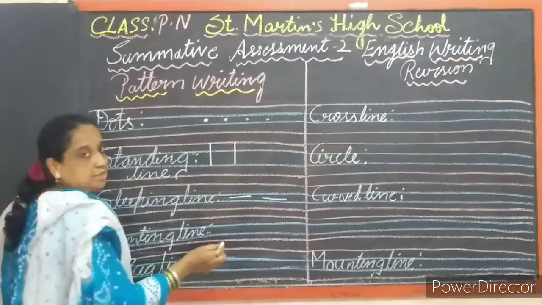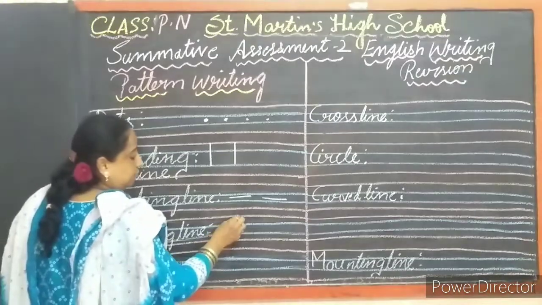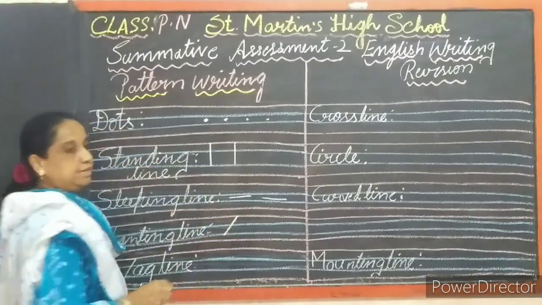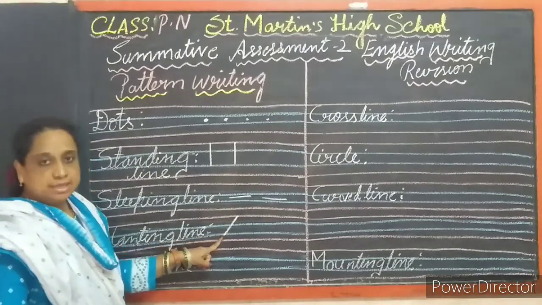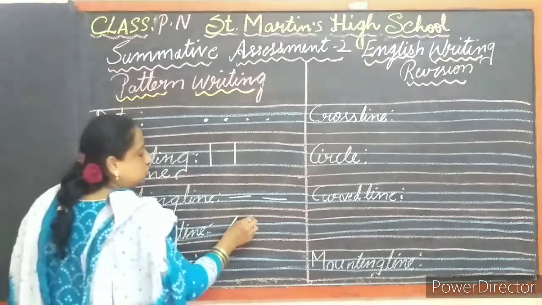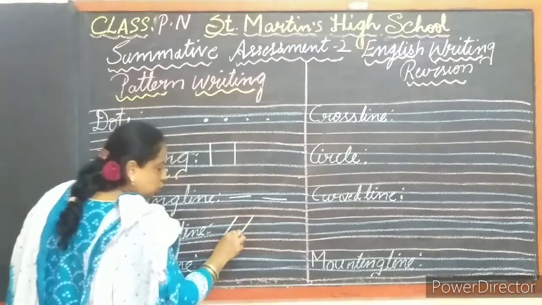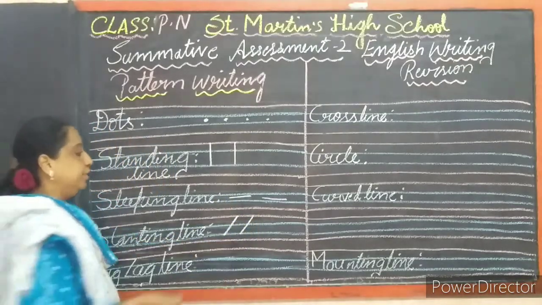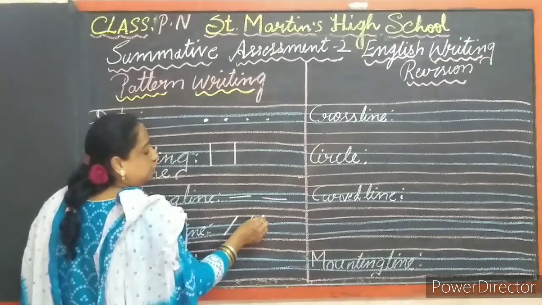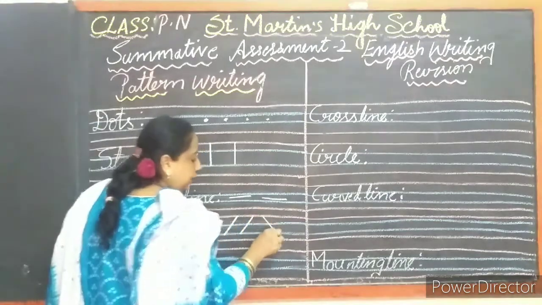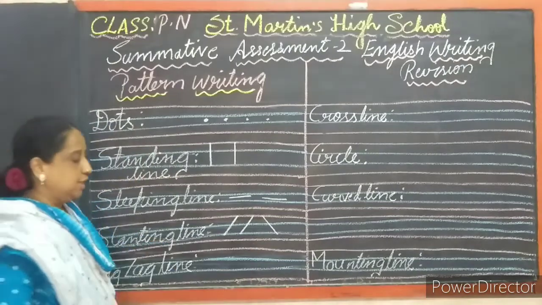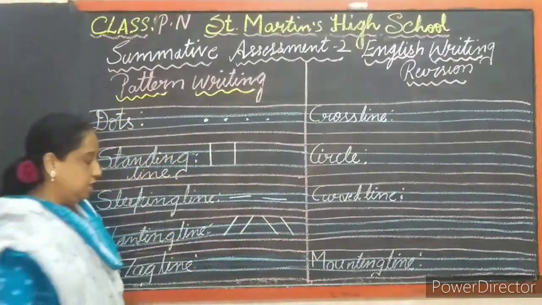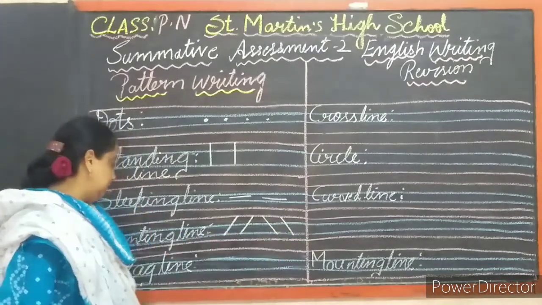First I am going to write right slanting line. Start from the red top line to the blue second line. Once again I am going to write right slanting line. Top red line to the second blue line is this right slanting line. Now left slanting line also you should write from the top red line to the second blue line. This is left slanting line. Which line is this one? Children, can you tell me? Yes, this is left slanting line.